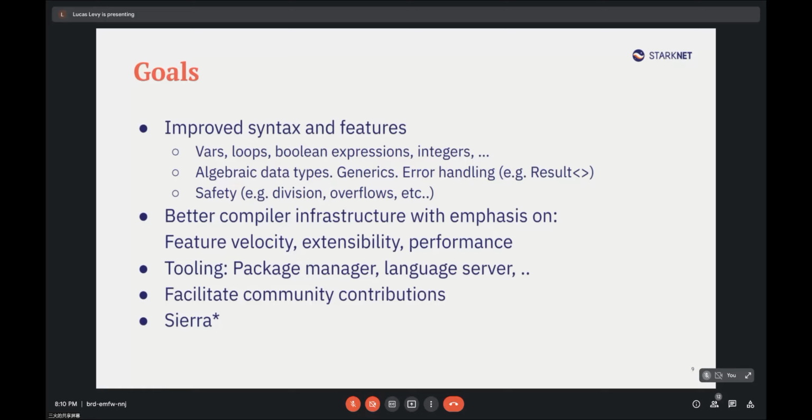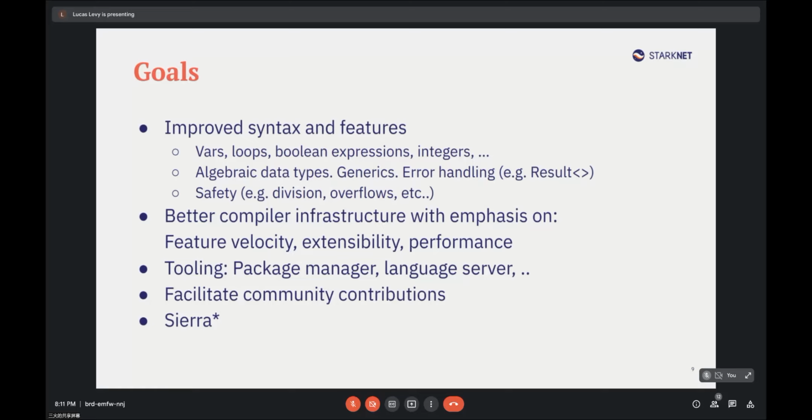As I said, the compiler will be better. The base of it will be way cleaner. It will be written in Rust, so it will be really efficient. That means that now when you want to compile a big file that imports some libraries, it won't take an hour like now. Python is good, but it's really slow. That's why we're turning to Rust. And we will be able to add more features more frequently because the base will be easier. So you could also contribute to the compiler.